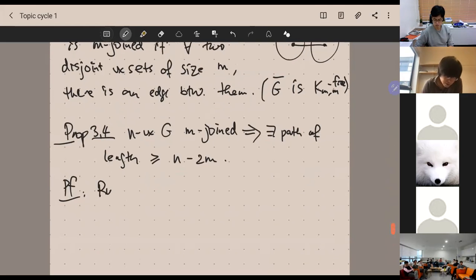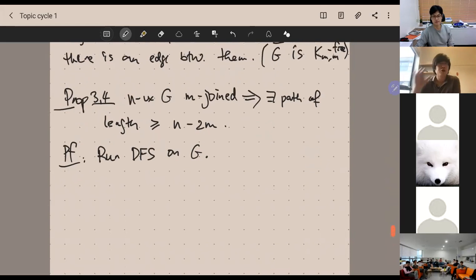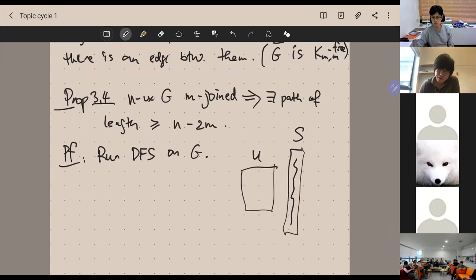So we're going to run DFS on G. The picture I would like you to have is the second picture, the three sets that we have. The stack, which induces a path, the set of unexplored vertices on the left, and the set of explored vertices that we are done exploring on the right. This is the picture I want to keep in mind. So we're going to run the DFS on G. At some point,